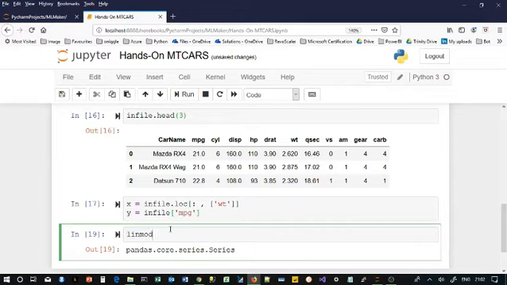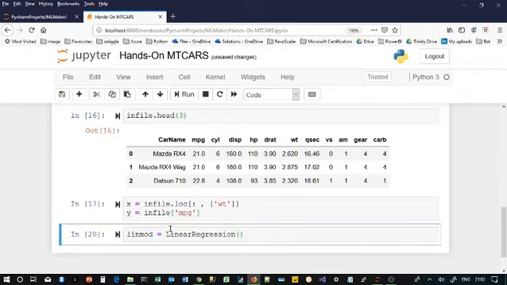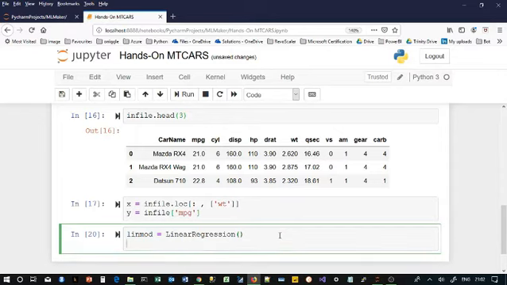Now let's go ahead and initialize the model. The naming convention that I usually follow is linmod. For instance, lin is short for linear, and mod stands for an analytical model. You are free to follow whichever convention you prefer. Now I'm going to initialize the function LinearRegression. This doesn't do anything. It just creates an empty object called linmod, on which we can execute a number of commands.